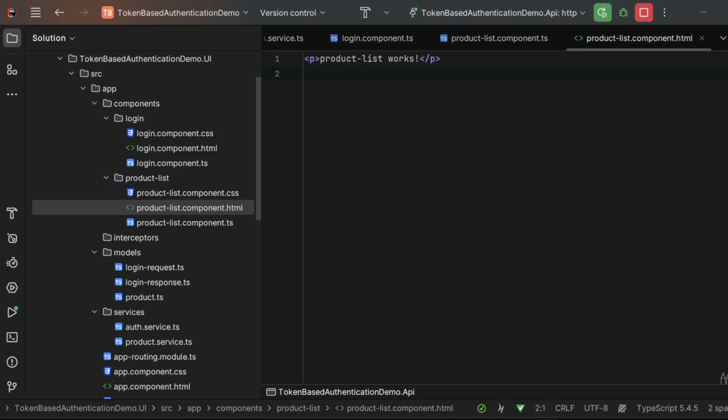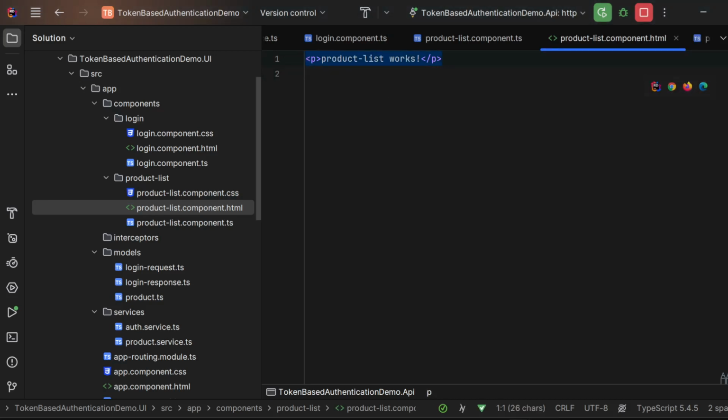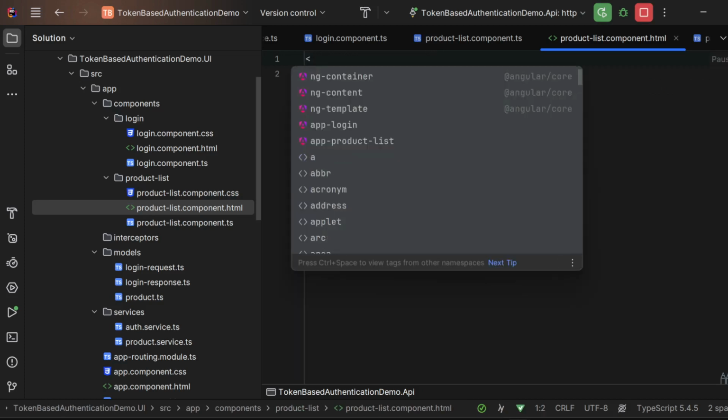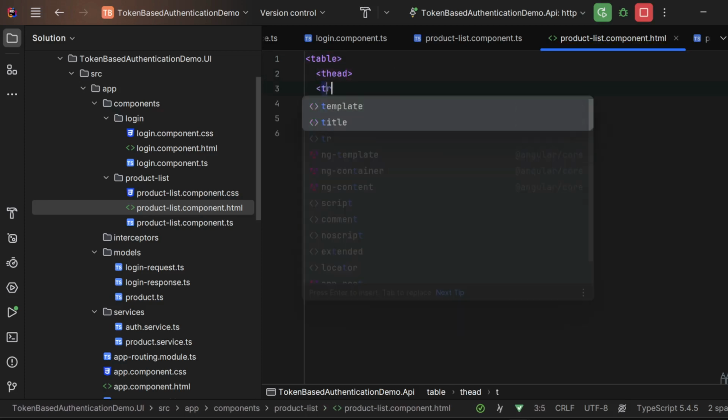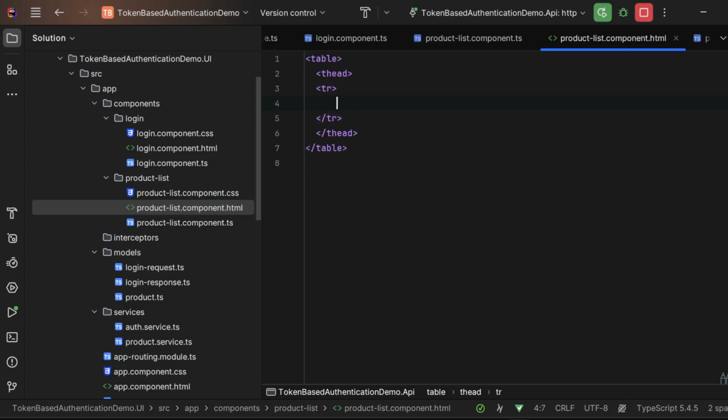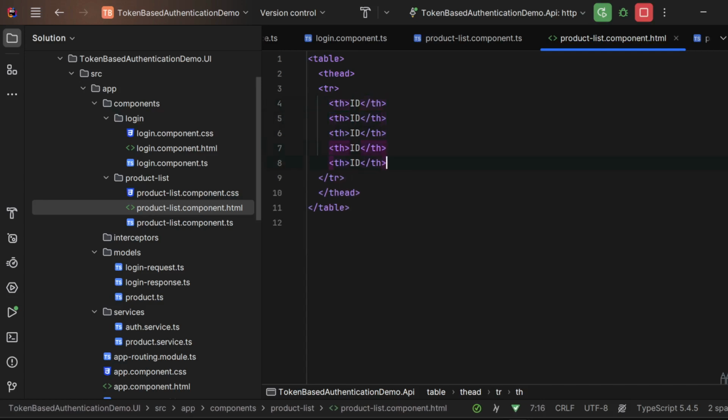And now we can go to the product-list.component.html just to create some simple table with the headers and also the body that we'll get from our API. So I'll just remove that "product list works" placeholder that was added automatically. So I'll just create table. Inside of the table we'll have thead, so the headers. Then we'll have the table row, and the header, the first one will be the ID. I'll just create 5 of those, and it will be name, description, also the price and the quantity,